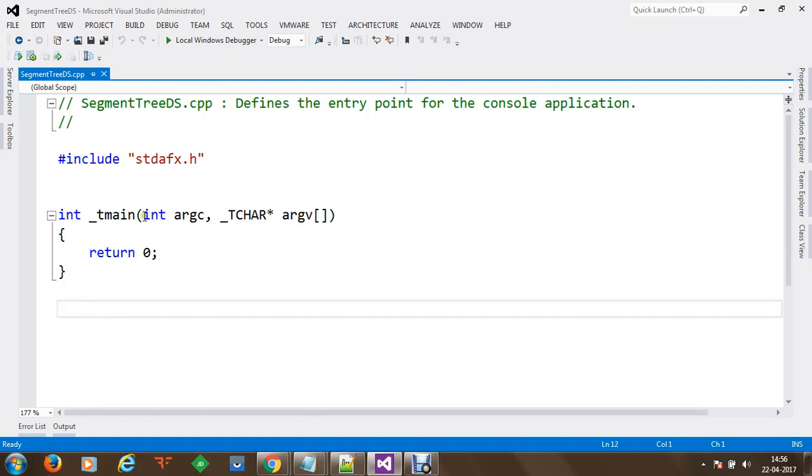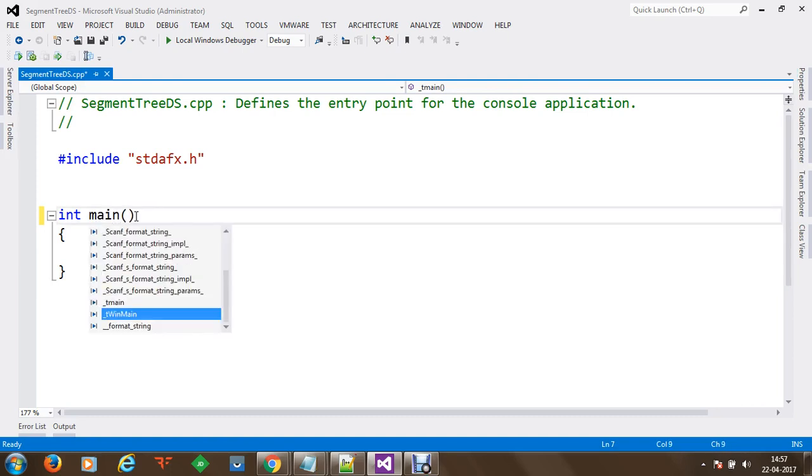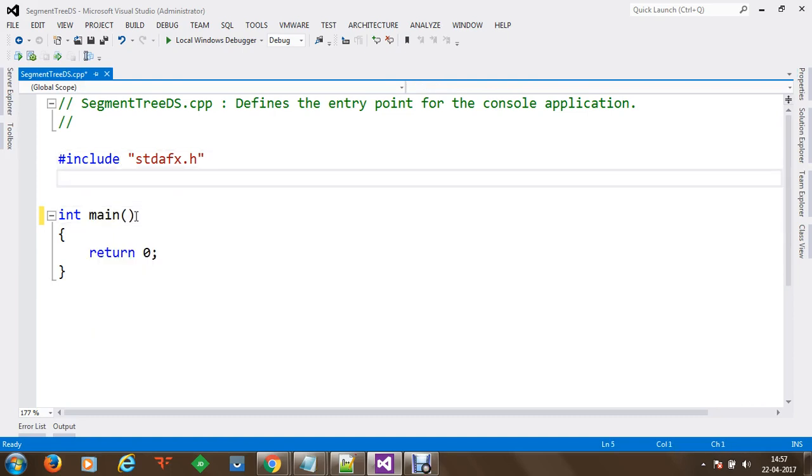Now what next do we want to do? We want to modify these parameters, and now here we like to change the main method, and we like to get started with writing the code. So in this application, first of all, we are going to take an array structure in which we are going to take values. We are going to convert that into a vector, and then we are going to process the vector with the help of the segment tree data structure. We are going to perform range query, we are going to perform modification of the point, and we are going to perform the final demo.